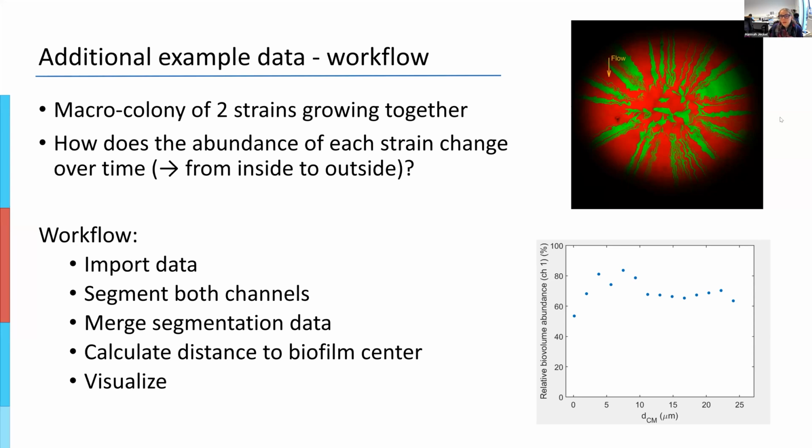So if, for example, you would see that over time, and when I say over time, I'm talking about from inwards to outwards, everything was turning red, it would mean that the red strain outcompetes the green one. And now I have already mentioned something that is very important about this colony. I've been talking about time and spatial resolution, but in fact, in this case, we only need the spatial resolution